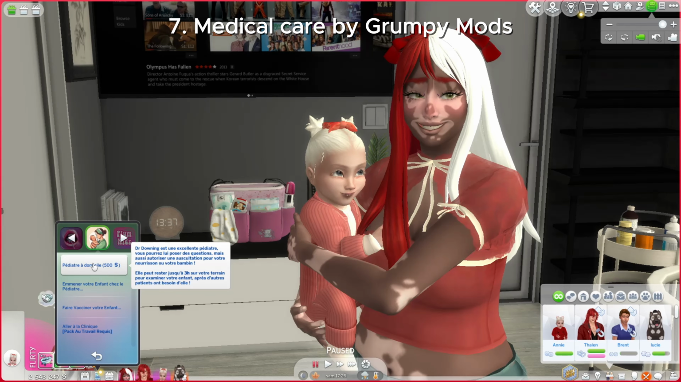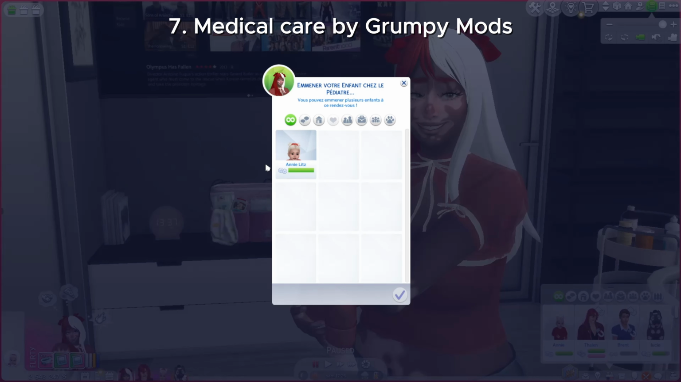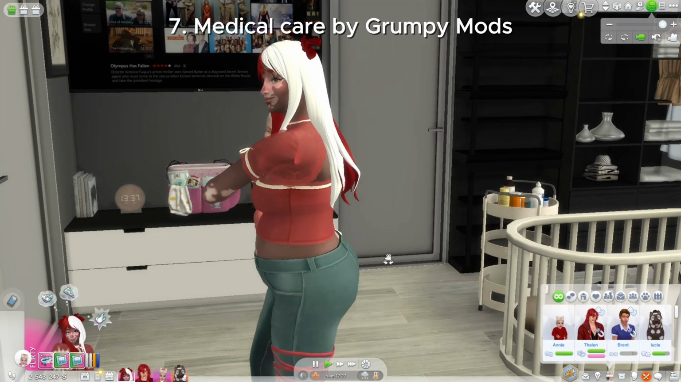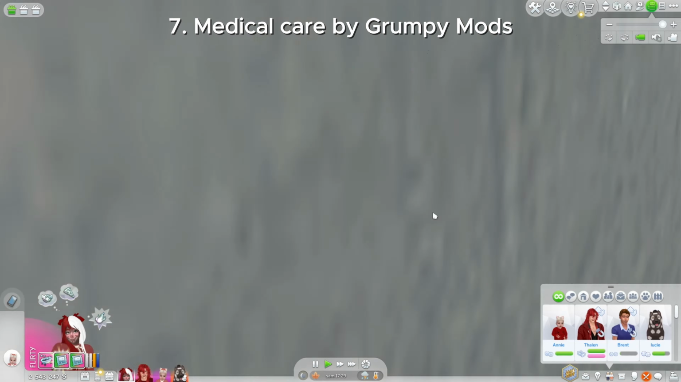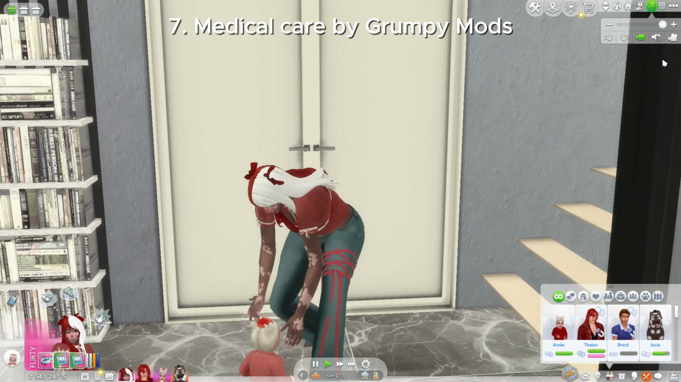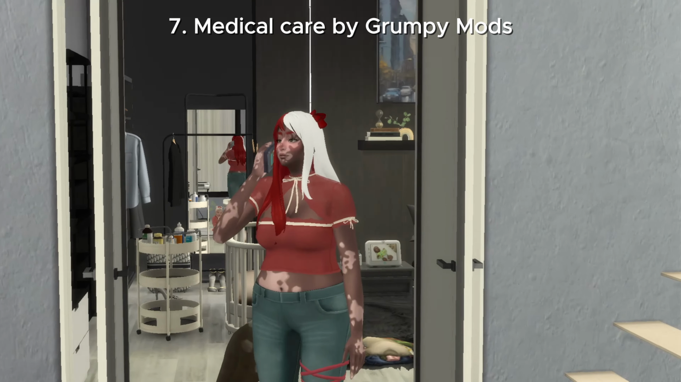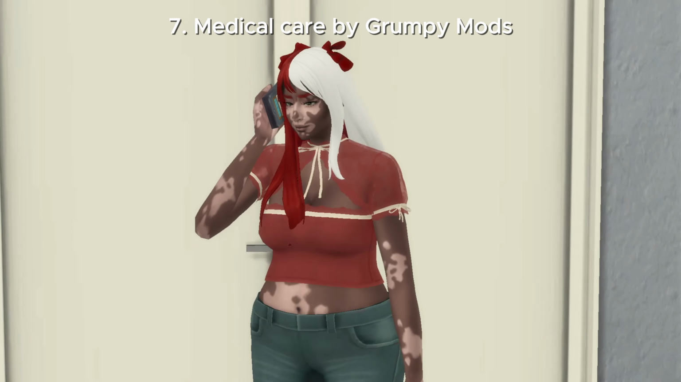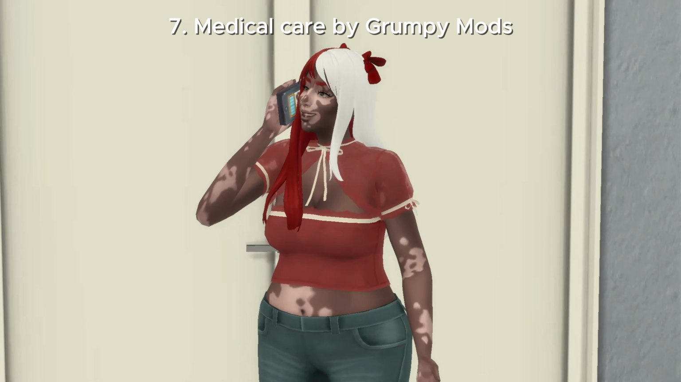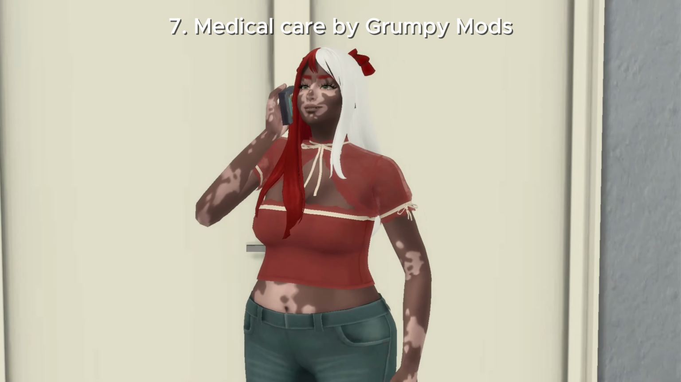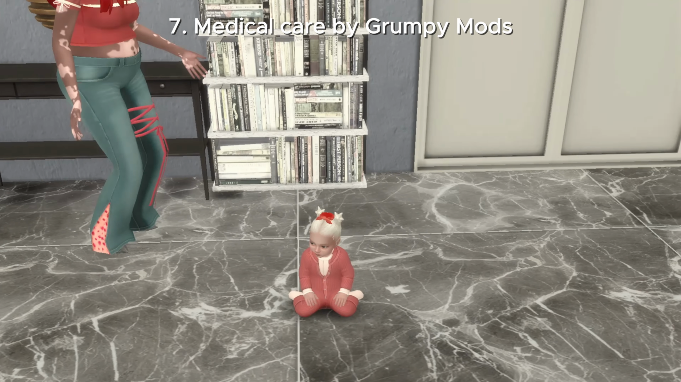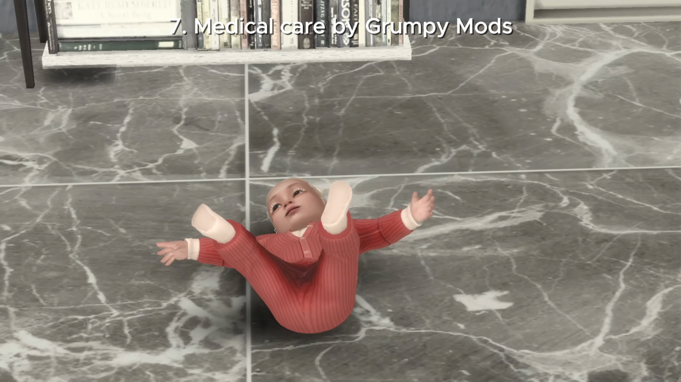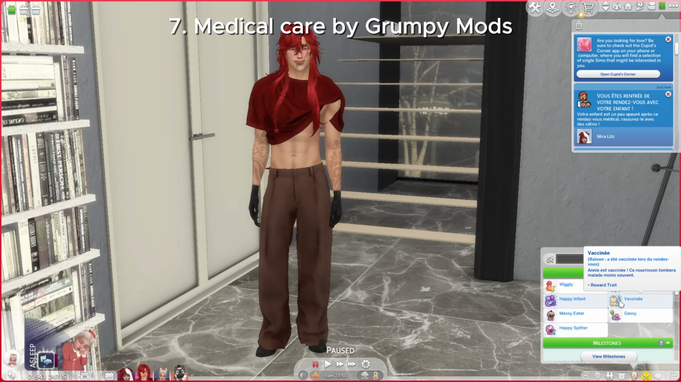Another mod that is very useful is the medical care mod by Grumpy Mods. You can bring your infant to the doctor, get vaccinated, or go to the hospital, and you can make an appointment with a doctor so that a doctor can come into your home. It's a cool mod, I really recommend it. Then you will get this message in the Sim data that this Sim is vaccinated,